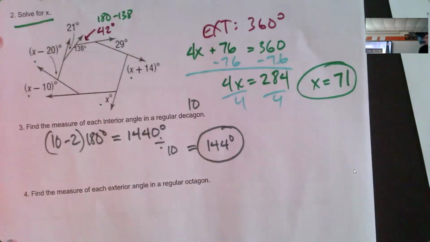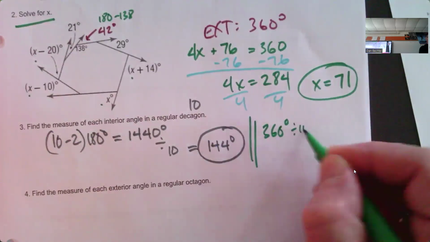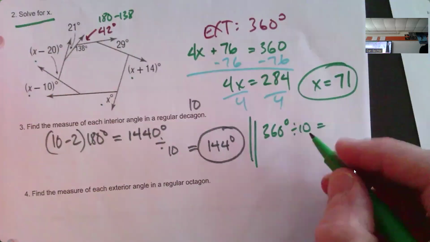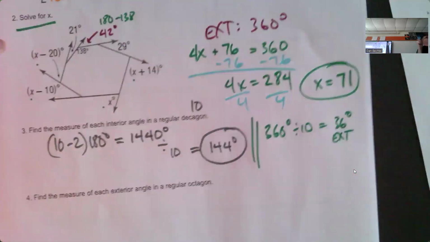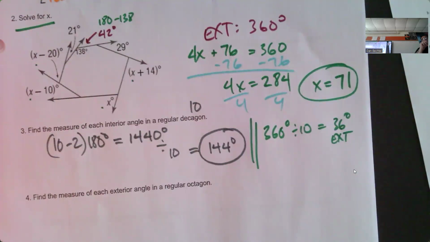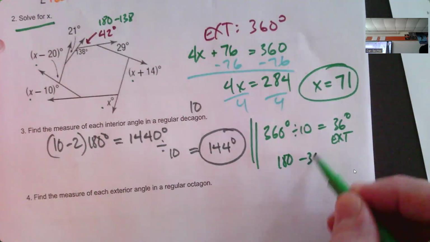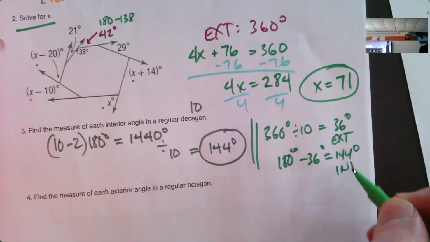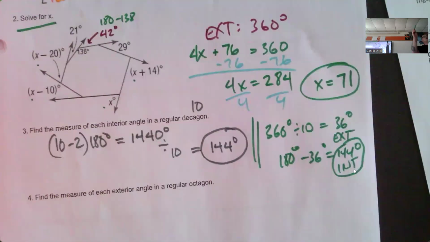So pause. Remember this: if I take 360 and divide it by 10, that tells you what one exterior angle is. So 360 divided by 10 is 36 degrees for an exterior angle. Now, every exterior angle is supplementary with an interior angle, right? So you could do 180 minus 36 to get 144 as the interior angle, which is another way of doing it. But you're saying that once you got that, you then went on to divide them out to find out what each of the